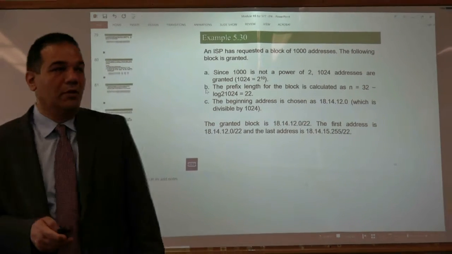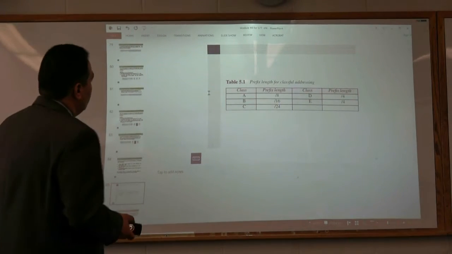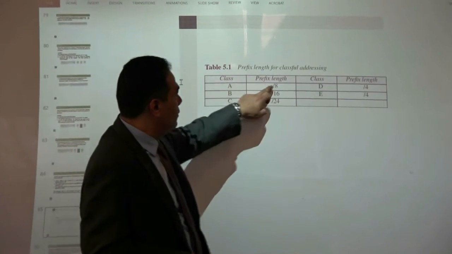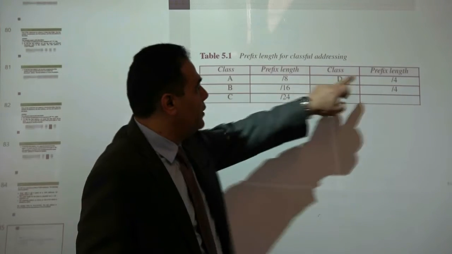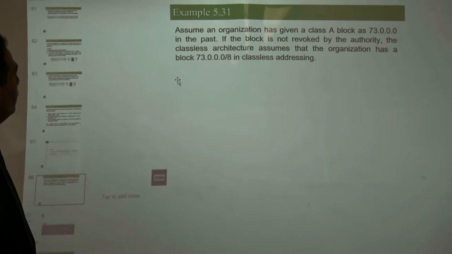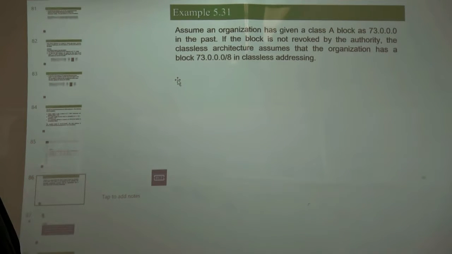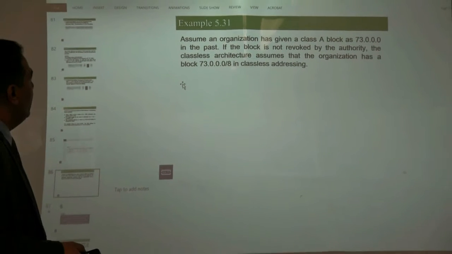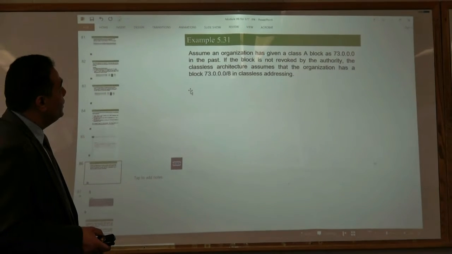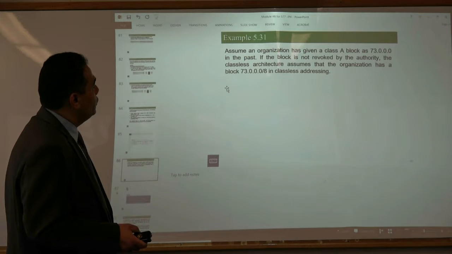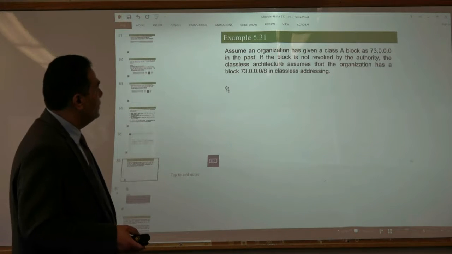Right? Very simple, right? So, prefix length in the class 4, you have A, B, C, /8, /16, and /24, right? That's what we have. So, assume an organization has been given a class A block, 73.0.0.0. So that's a block. 73 is supposed to be class A, right? In the past. If the block is not revoked by authority,